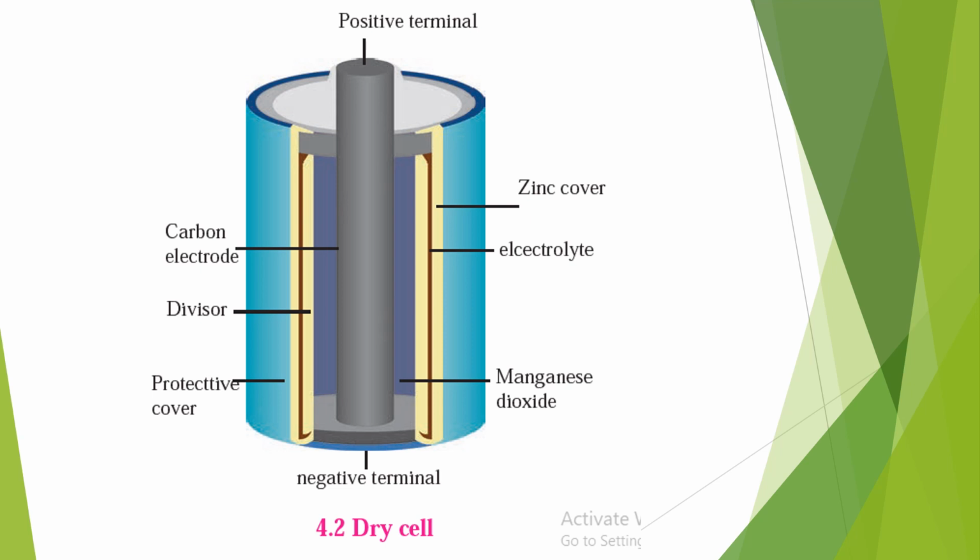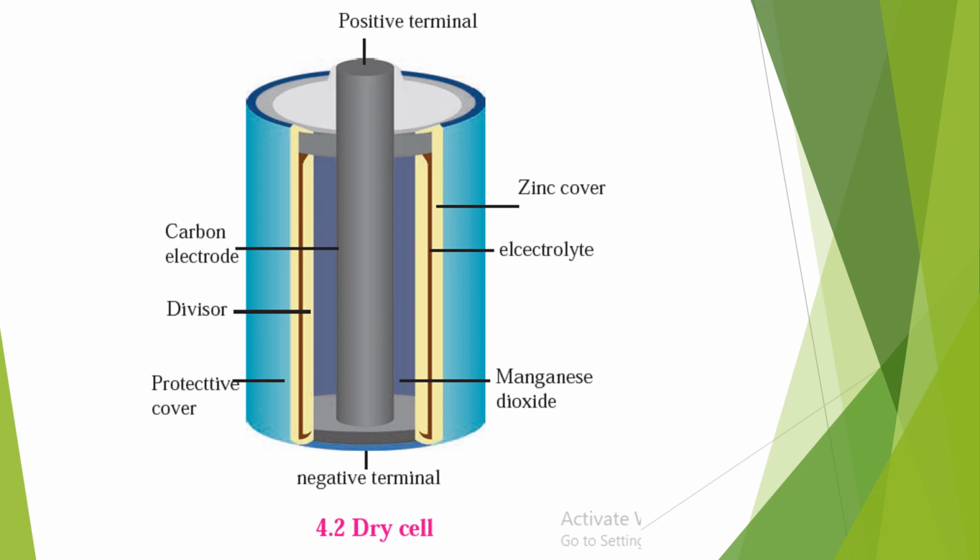In between that, we have the electrolyte or the wet mixture, as I told you, of zinc chloride and ammonium chloride, which has negatively and positively charged ions. So because of the positive terminal, negative terminal and the ions, there is going to be movement of the ions, because of which current will be generated.